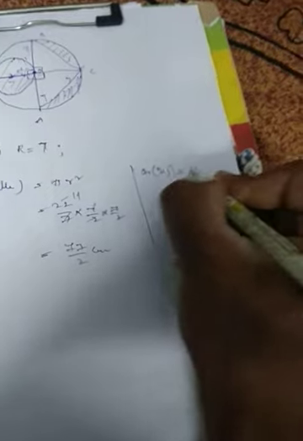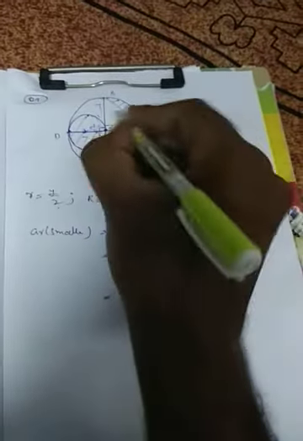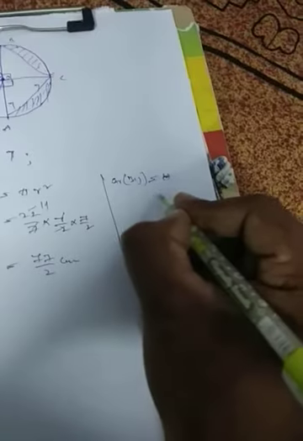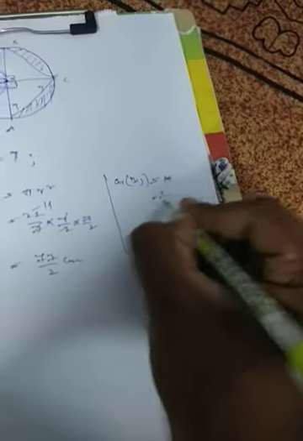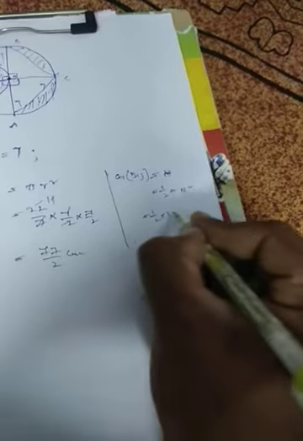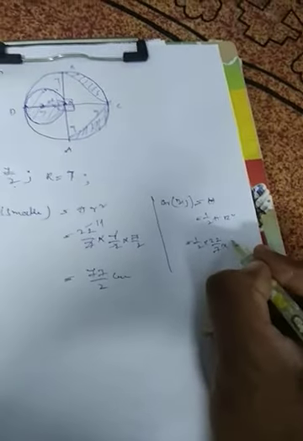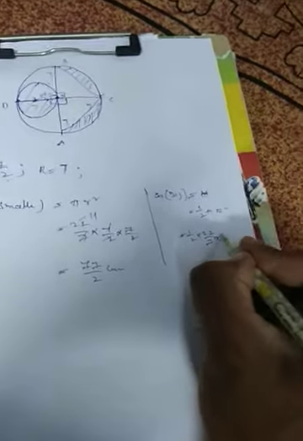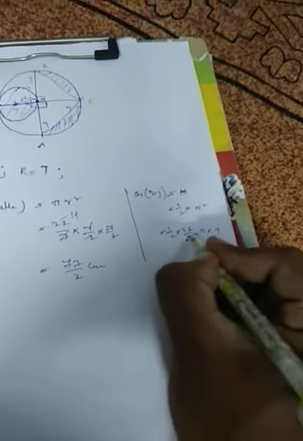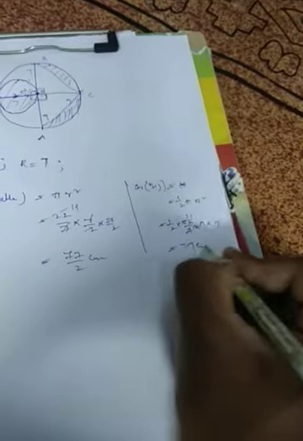Next, we have to calculate the area of the bigger semicircle. This is the bigger semicircle, and from it we need to eliminate the triangle. So it is half of pi r squared, with 22/7 into radius 7 into 7. Am I right? Yes, radius is 7. The 7 will be cancelled. 2 1s are 2, 2 11s are 22, 11 7s are 77 centimeters square. So we got both.